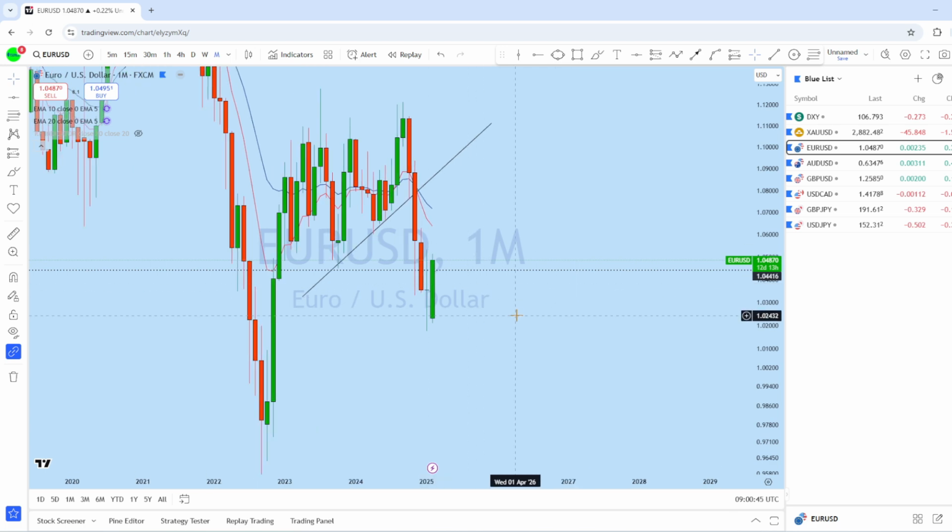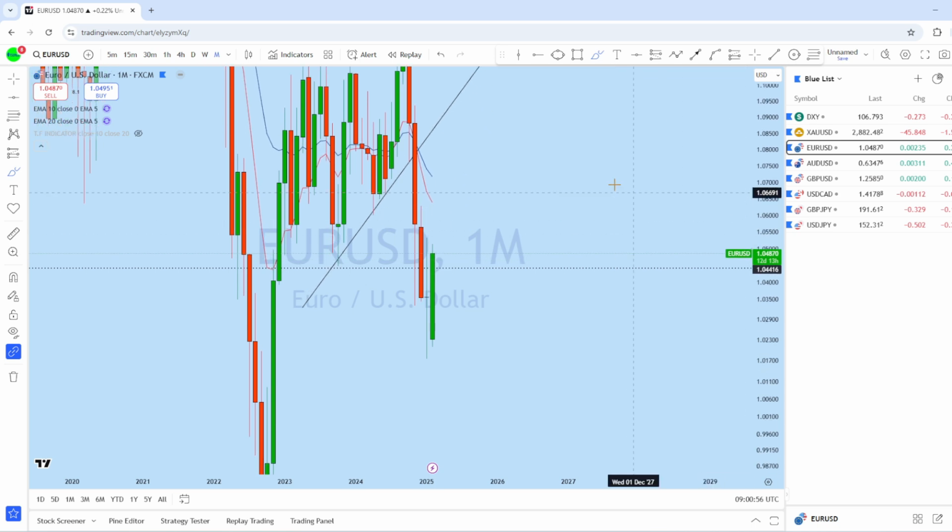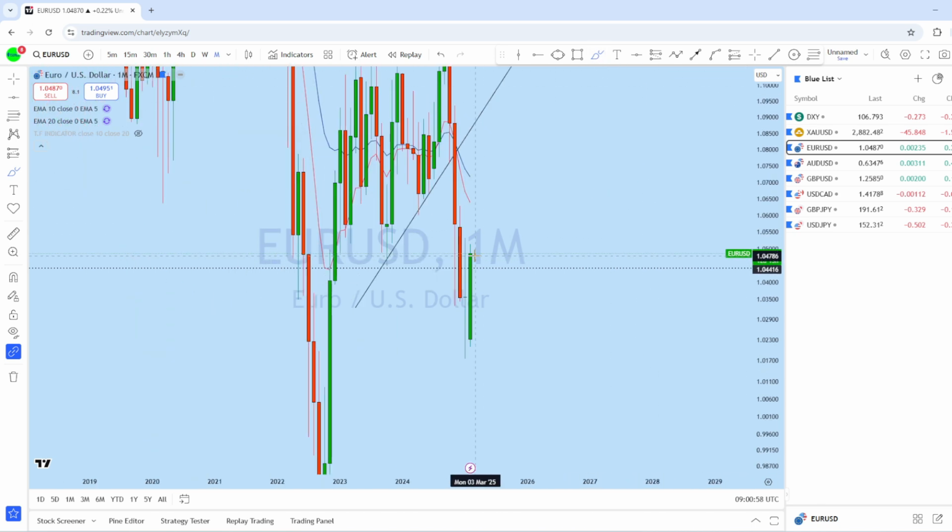Now this month so far, we can see that once the market opened with this massive gap creating a higher low, the price managed to bounce back up with a full body green candle. On the monthly perspective, expecting this price to drop again for a pullback and then to revert back up to create a new higher high.